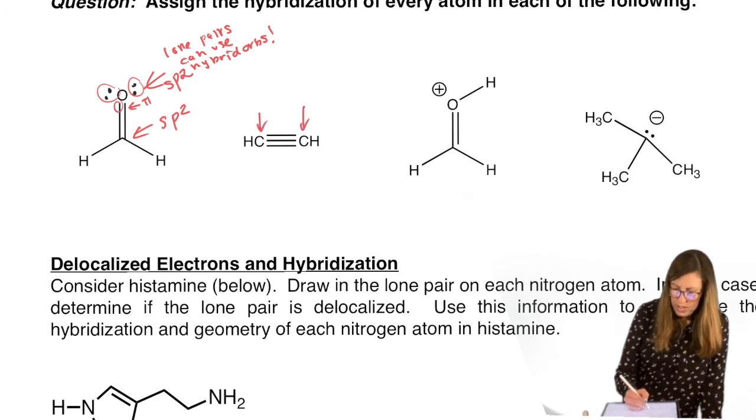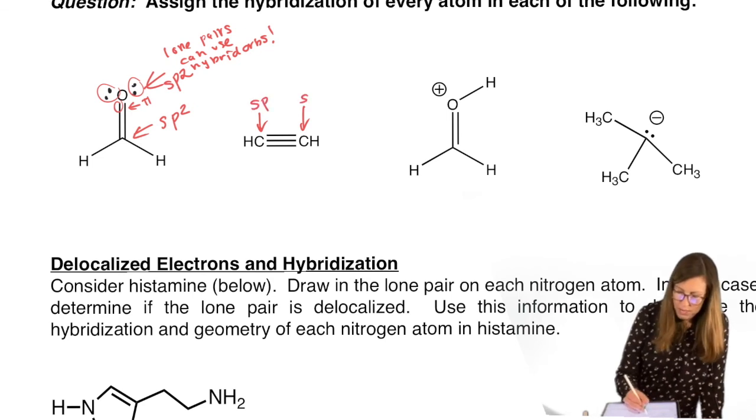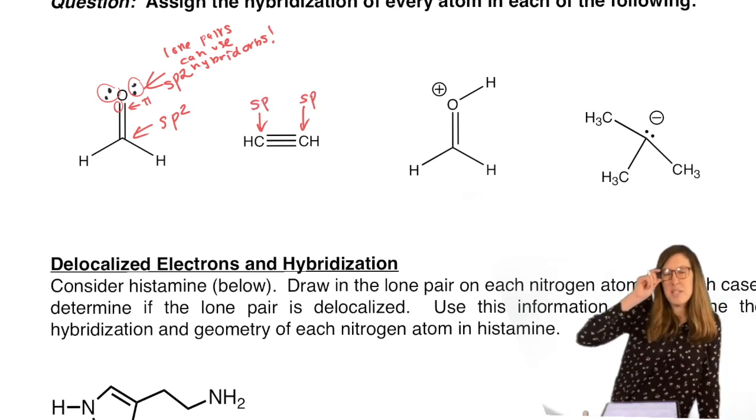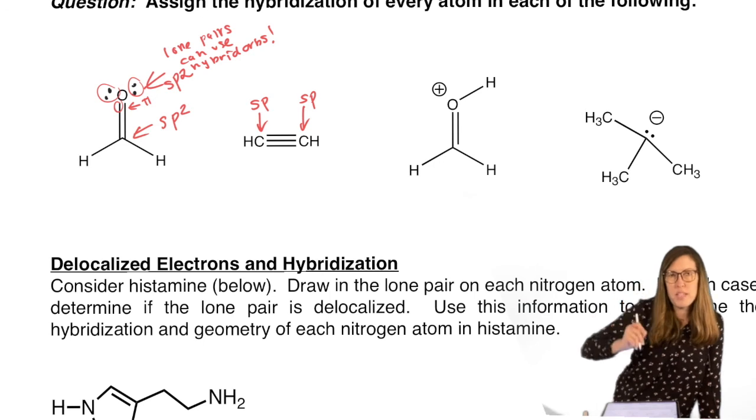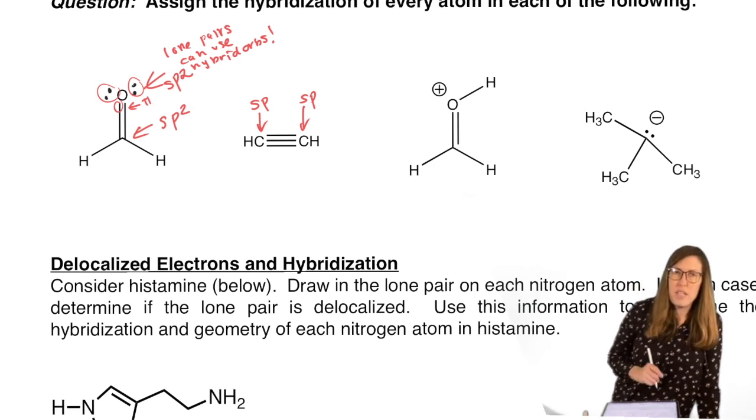This one's probably a little easier because we see carbon only has 2 electron groups as a central atom. So that means it's making 2 sigma bonds. It means sp. Another way to look at it is to say, hey, that carbon needs to make 2 pi bonds. Take away 2 p's. That leaves only 1 p to hybridize, s and p.